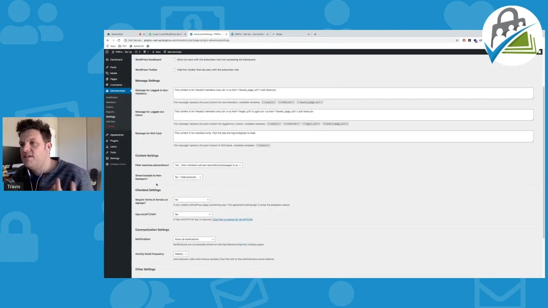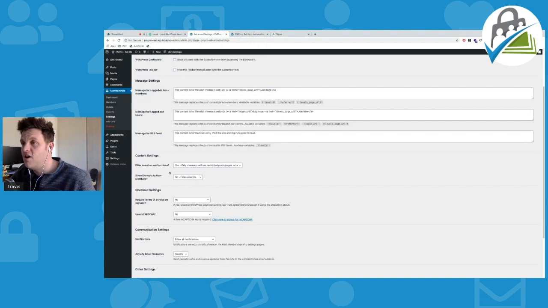One thing that I feel is relatively important to know about is the content settings. So sometimes when you restrict a blog post in Paid Memberships Pro, it disappears for anyone who doesn't have a membership level that can view that blog post. So this setting is where you want to go and just make sure this is turned on, depending how you want to do it. If you want to hide content from any and all non-members, then you want to go